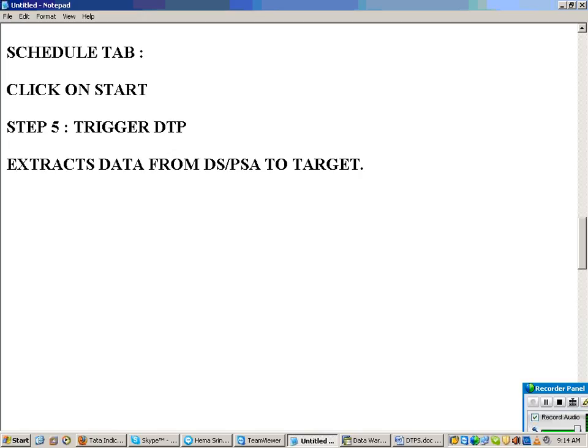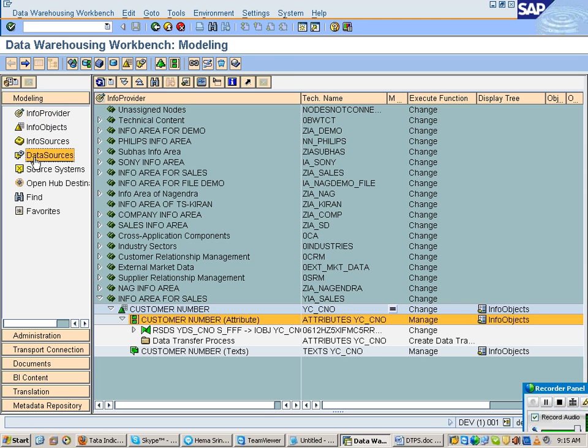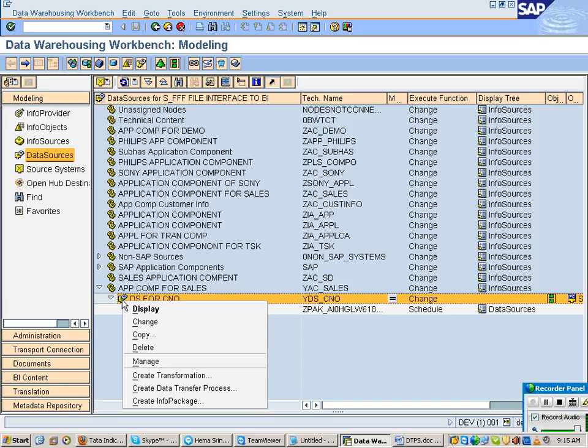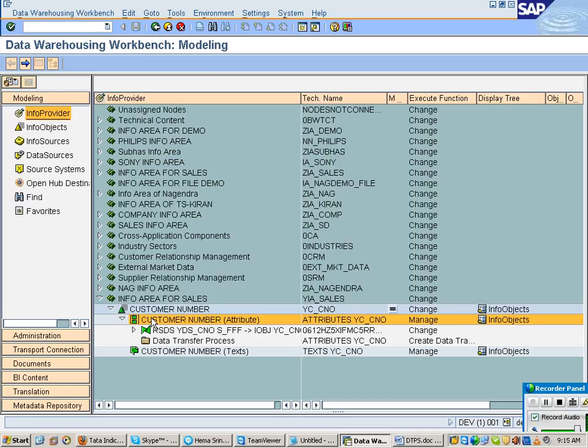So how can you trigger the DTP? Very simple again. You can go with the same path: RSA1, modeling tab, data source level, right click on your data source. First you created a transformation, then an info package, then we are creating a DTP. Everything is the same. Or you can select your target also and right click.